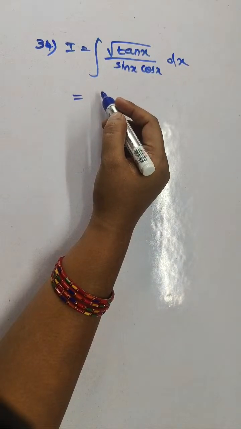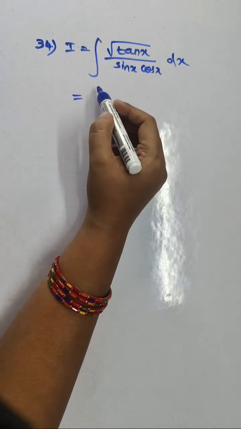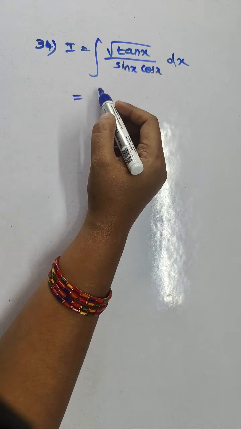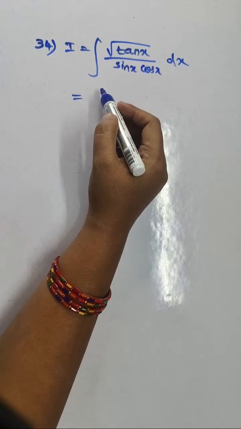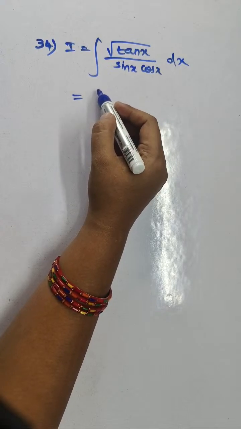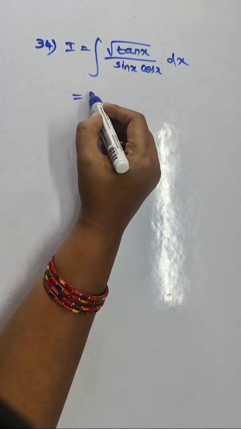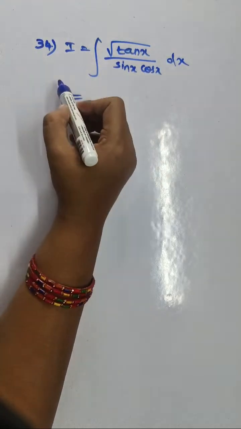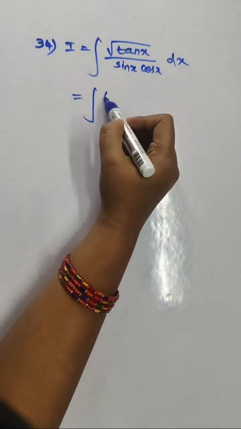Any idea? Can anyone tell me how to integrate? We will try to. Multiply and divide by cos x. Very good. So when you multiply and divide by cos x,